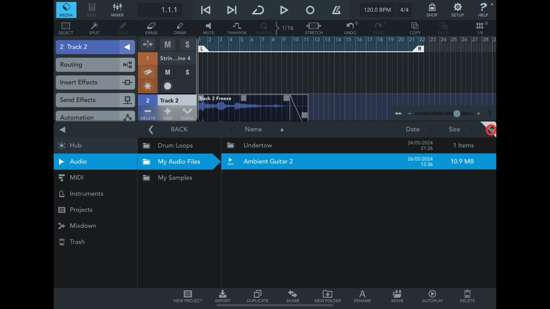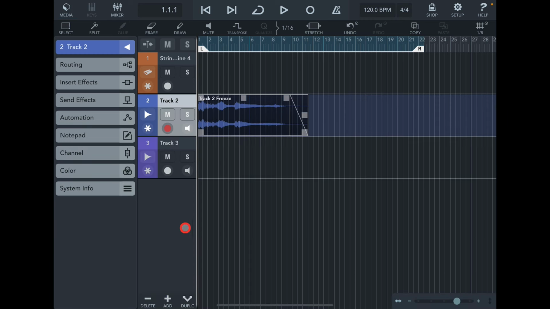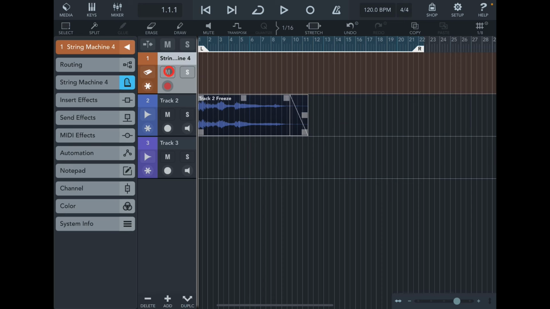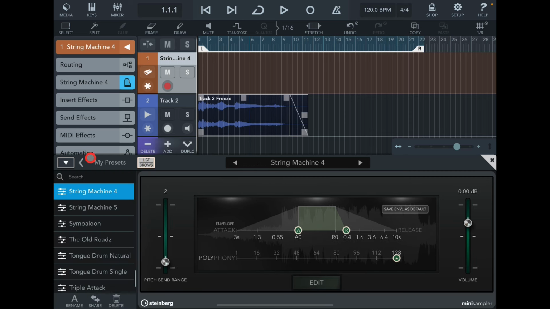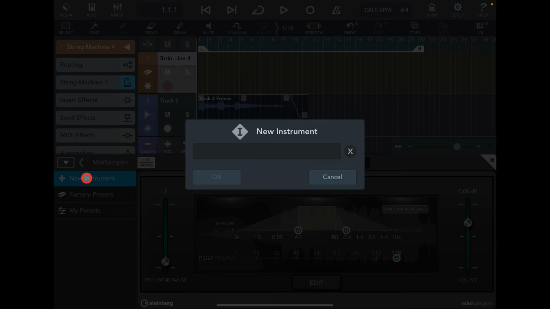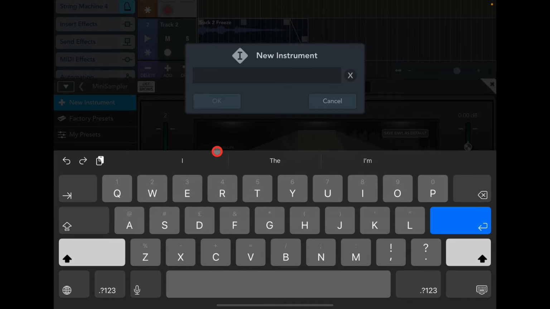And like I said, not that you can import any sample you like. It's not a big deal. Okay, so what we're going to do now is go back to our mini sampler here, create a new instrument, and I'm going to call this